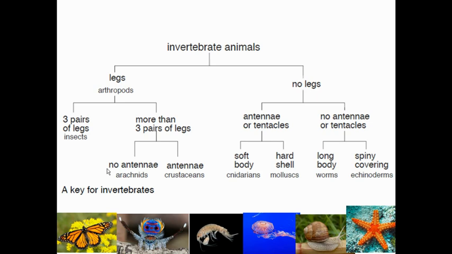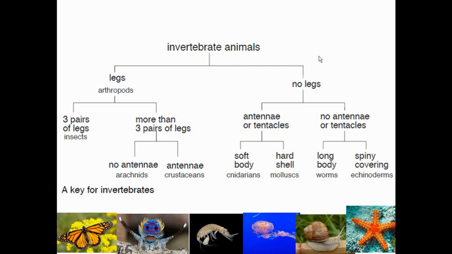And then if an arthropod, so an invertebrate, has legs, it's got more than 3 pairs of legs, and it does have antennae, we've got our crustaceans. Crustaceans are things like lobsters, crabs. You can see they've got 4 pairs of legs, sometimes more actually. If we're talking about lobsters, they generally have 5. And they have antennae as well. So those are our arthropods.